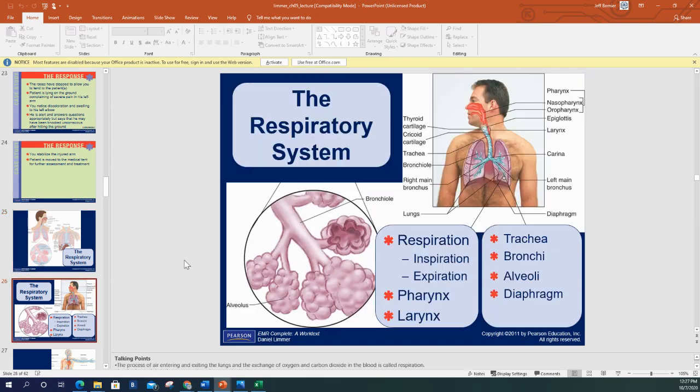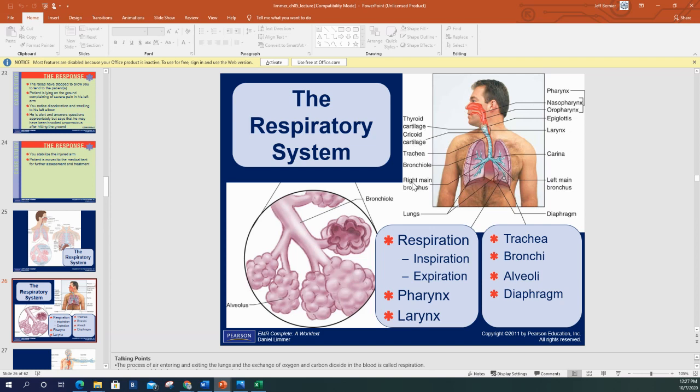Next portion of our slide is where you're going to start writing now. In those two open boxes, you're going to put down respiration. We're going to talk about inspiration, expiration, the pharynx, larynx, trachea, bronchi, alveoli, and diaphragm. I'll explain what you're going to be writing down where. Basically, you're looking at the respiratory system here. Again, back to the alveoli, breaking down the smallest structures inside the lungs, which would be down inside here, and all the different parts of that